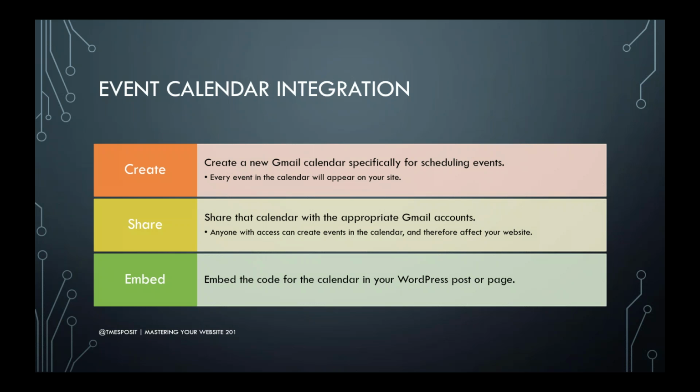There is a share option on the calendar, and you want to share it with all the people in your community that will be contributing to the calendar. For example, in the Philadelphia chapter, the president does that. The vice president is in charge of programming, so they have access. And the other elected leaders of the community also have access to the calendar. So anyone can go in and put events out there, and that will be made public. And the last thing you want to do is get some code from the Google Calendar, and paste that into WordPress in the page where you want to display your calendar.